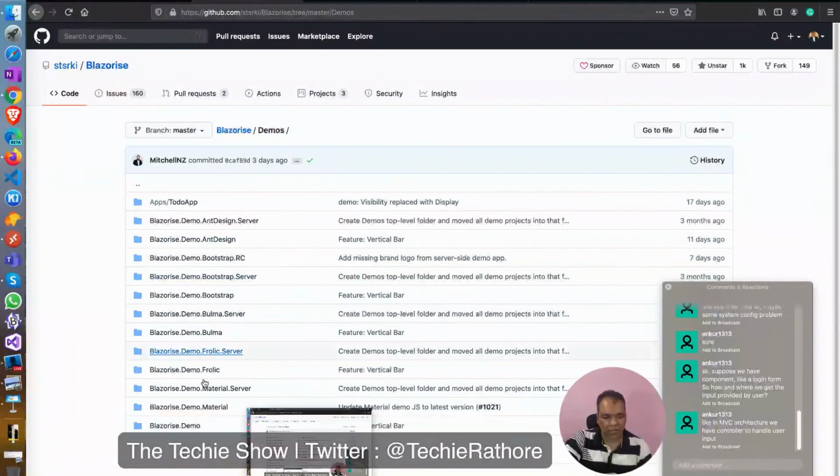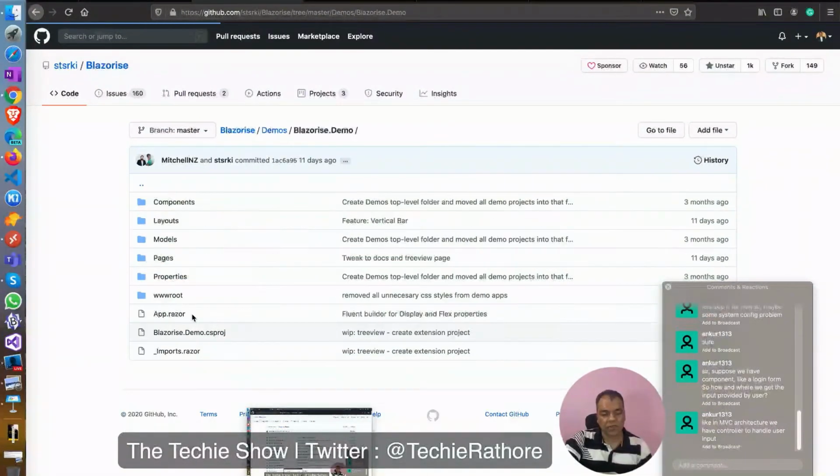These all are different heads, but this Blazorize demo is the main demo components. This is how they have architected the application so that they can utilize the same demo component everywhere.